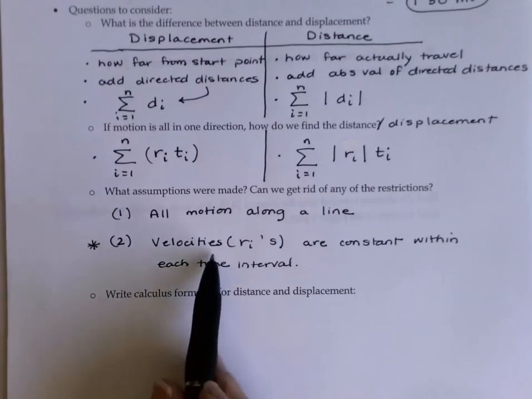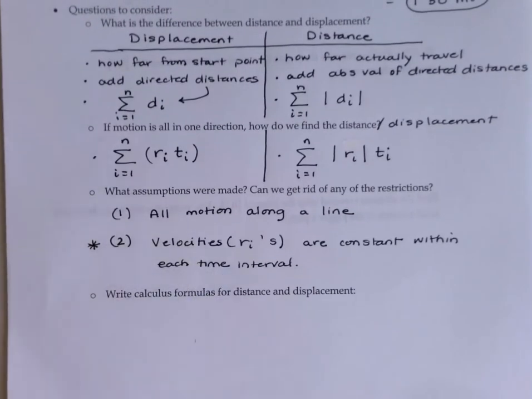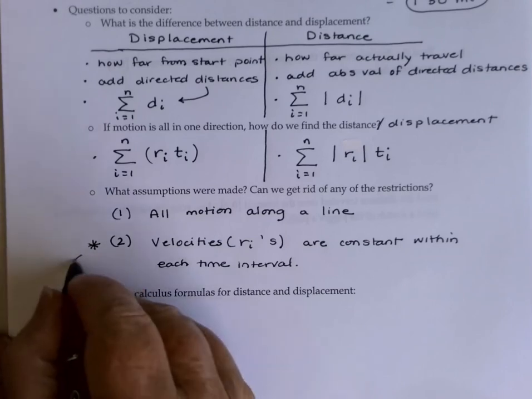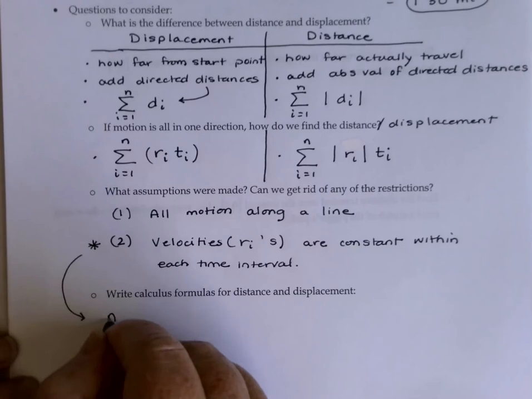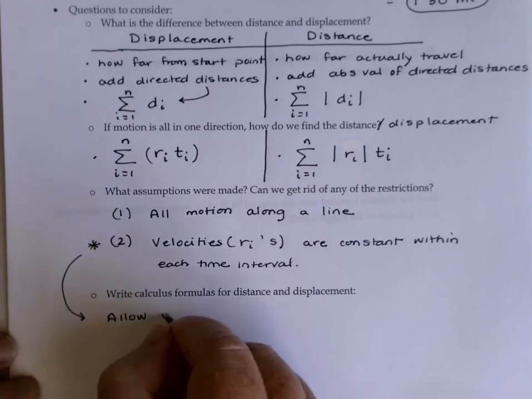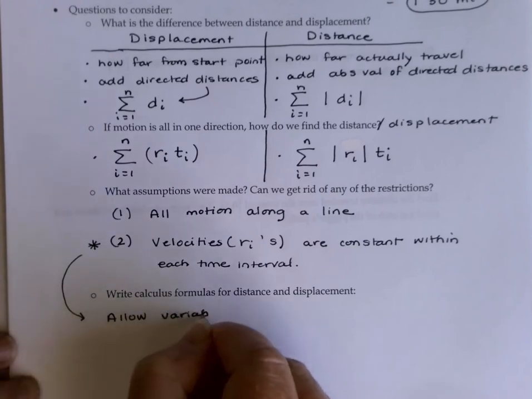If we allow our velocities to vary, then we actually know from Calc 1 how to handle that, right? To get distance, instead of adding up, we could integrate the velocity times the time. So if we allow variable velocities,